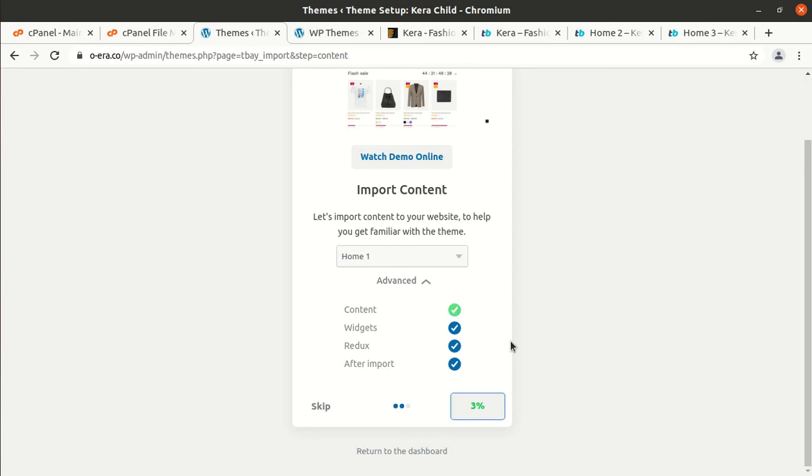It may take time, because it downloads the media files and all such things. So we have to be here without leaving or refreshing this page until it gets complete.